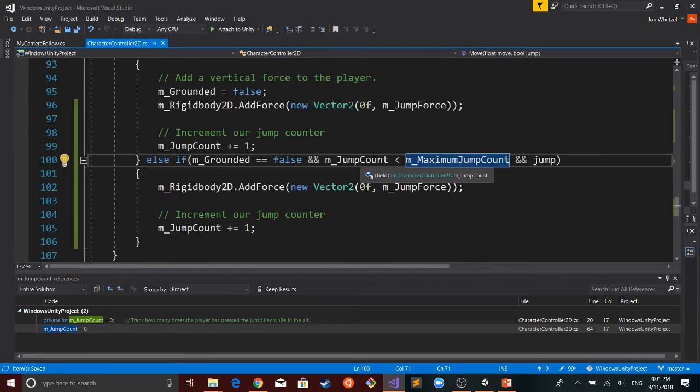So it starts off at 0. If we jump, it should go up to 1. And if I press this again, it goes to 2. But then it should stop at that point. So this is 2 and this is 2, and that should be false. So why does it seem like it's doing 3 jumps as opposed to 2?